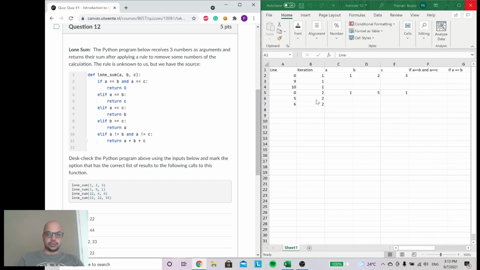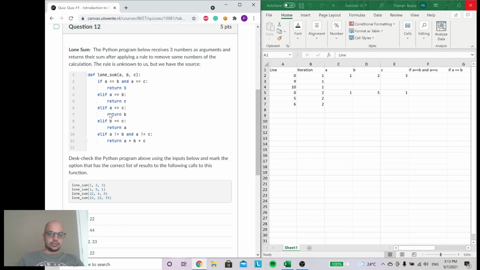So we are going to our second iteration. And here our A, B, and C values are 1, 5, and 1. In that case, A is equal to C, but A is not equal to B, so I move forward. A is not equal to B, so I again move forward.